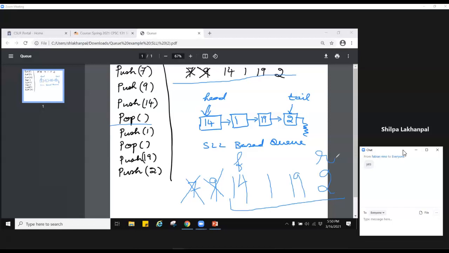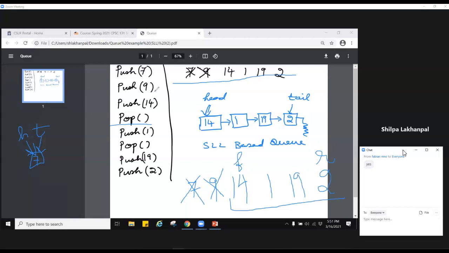So mostly, behind the scenes, if you're implementing this queue based on a singly linked list, when you push 7, a node was created. And both head and tail pointed here. Then you pushed 9. Push 9 is equivalent to an append.